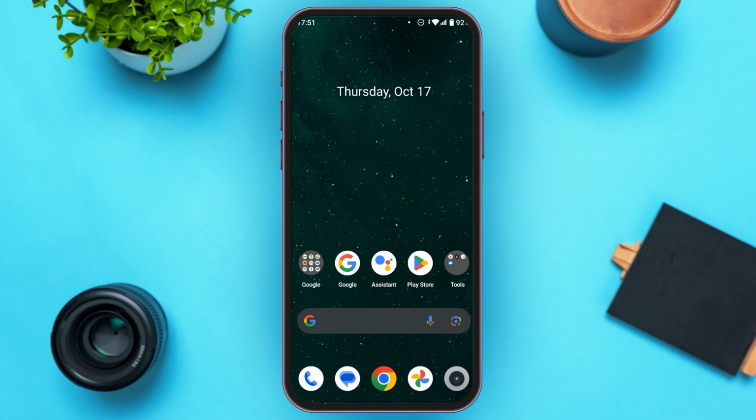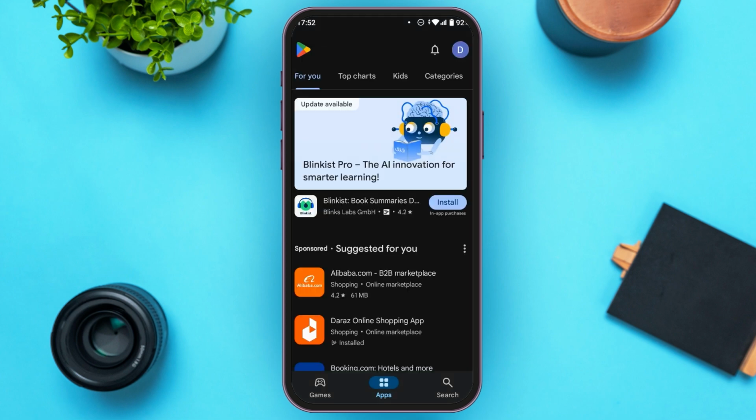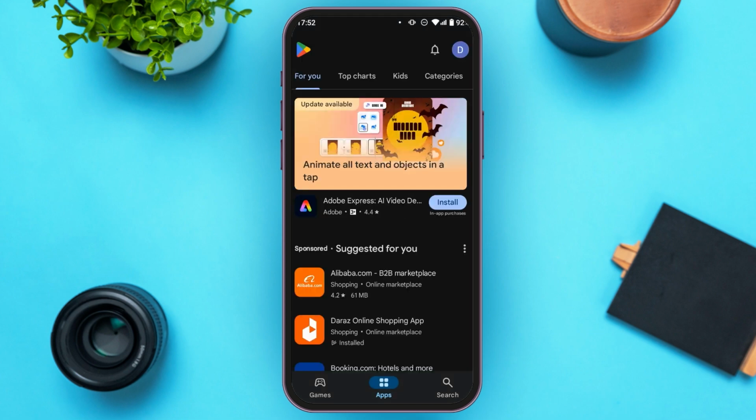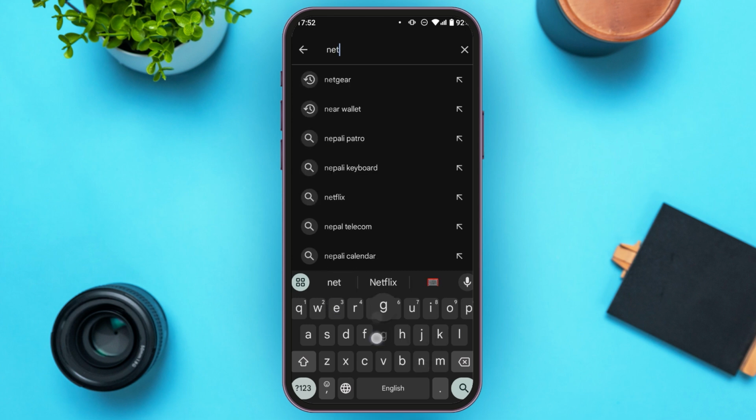So the first thing that you can do is try updating the application. All you have to do is go to Play Store. You can see over here Play Store is opened. Now what you have to do is tap on the search icon that you can see at the bottom right corner of your screen. Now simply tap on the search bar that you can see at the top. Now search for Netgear